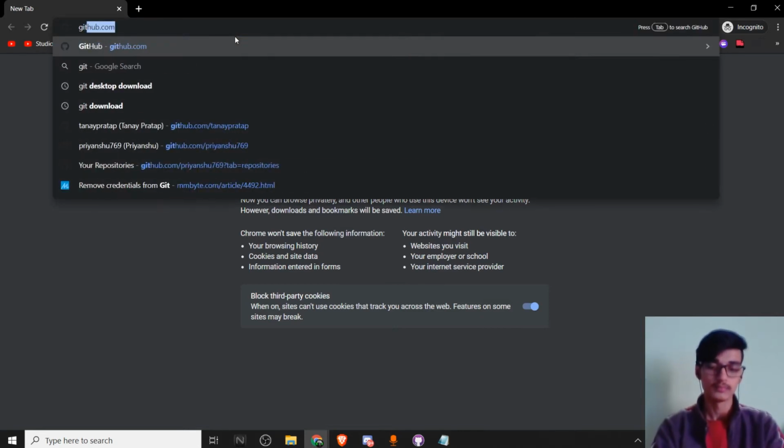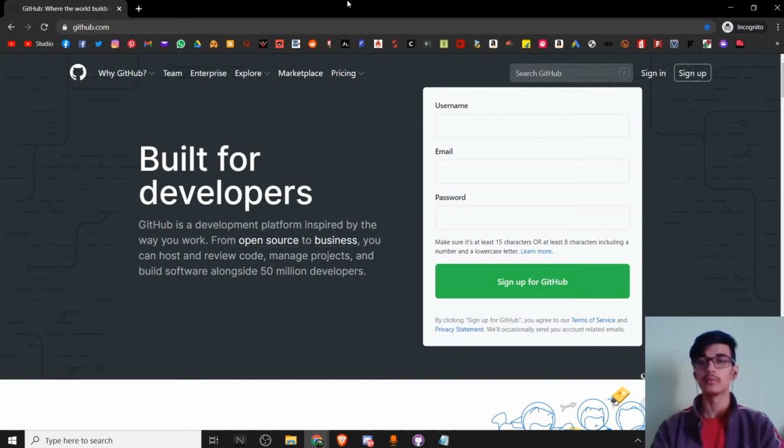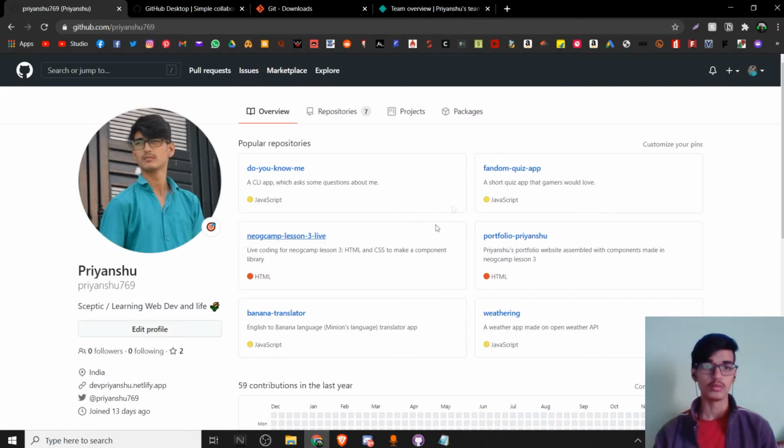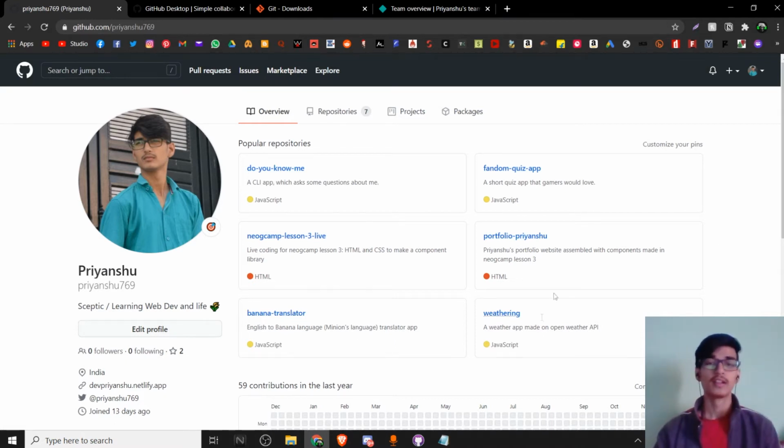So I'll go to GitHub. First of all, you will have an interface like this and you will have to make an account on this so that you can use it. Once you have an account, you won't have your account like this. It will be an empty account. You will have to fill all the details, and then you can create repositories and push your codes here so that you can check it here and you can share it with others, and others can also contribute and collaborate with you, contribute in your code and collaborate with you. This is used for that.